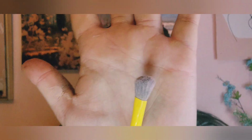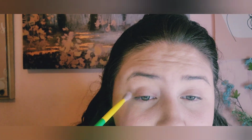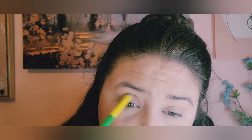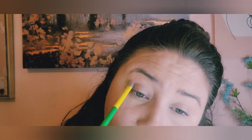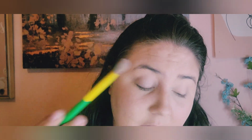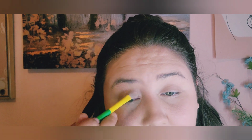I'm just going to go in with this. I don't even know what brand this is, but it's just a small angled brush. Just going to go in with that and kind of place this on my inner corners and kind of just all over. You could add some bronzer just to give it some depth, and then put some simple eyeshadow on top. But for me, I'm just gonna put a little bit of this, nothing too much. Just kind of put it mostly all over the eye, and then I'll go over some other parts with the